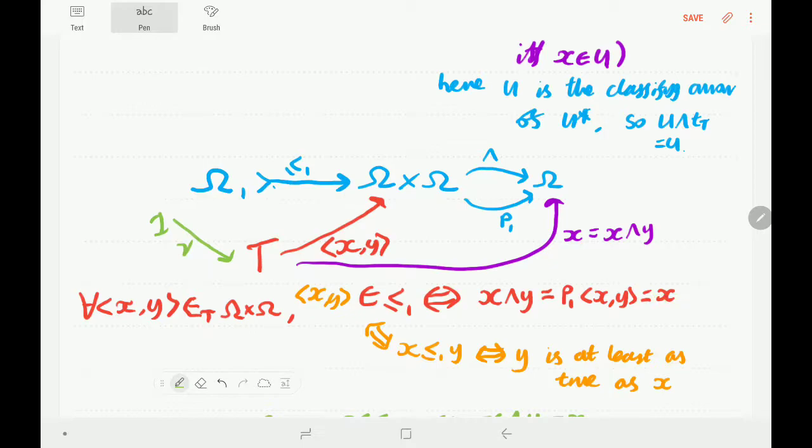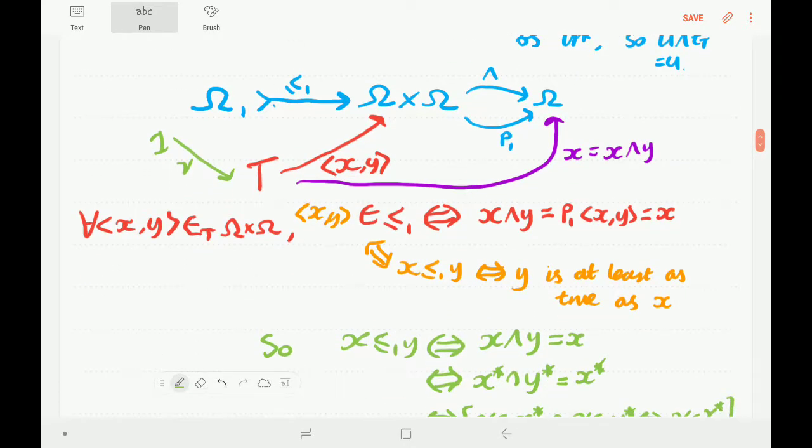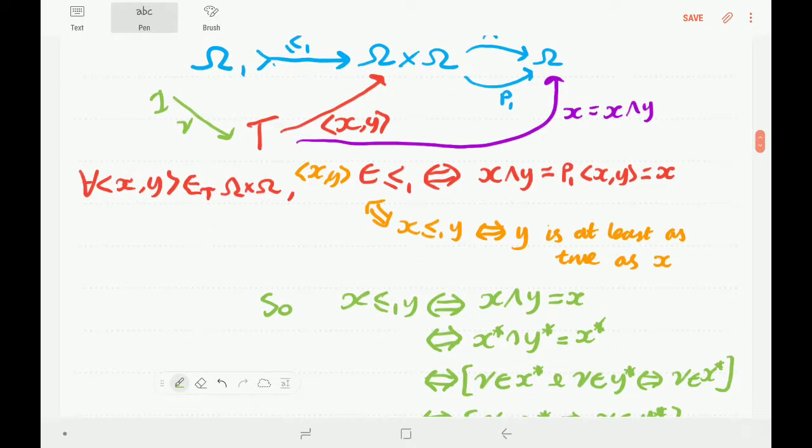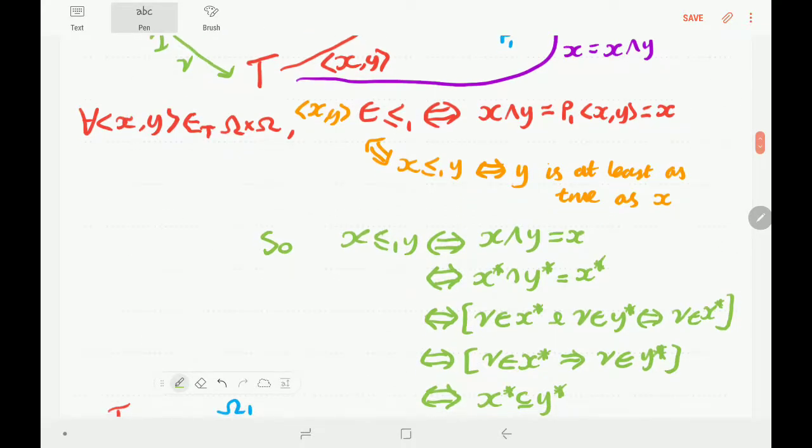So now shifting into monic speak, doing the pullback of true along the classifying arrow, the logical way to say this is that y is at least as true as x, but the subobject way to say this,